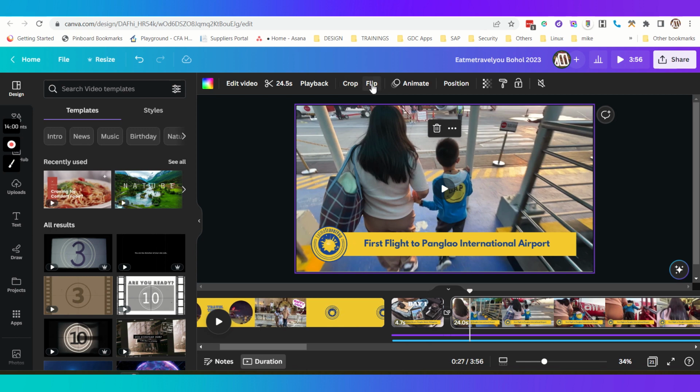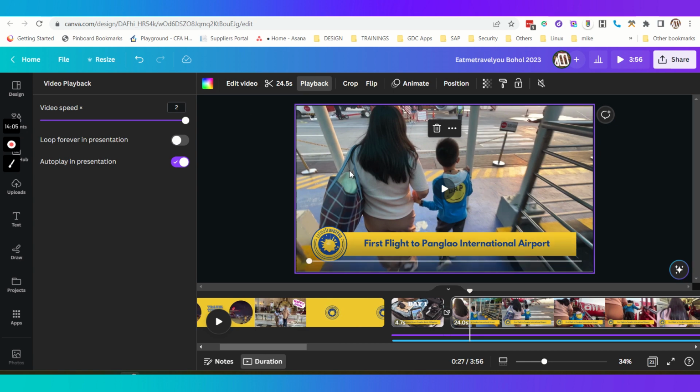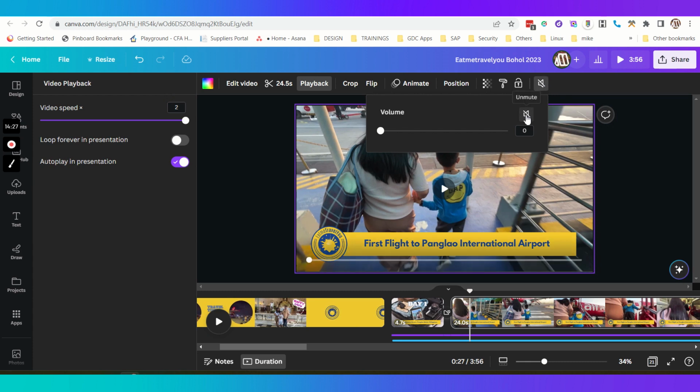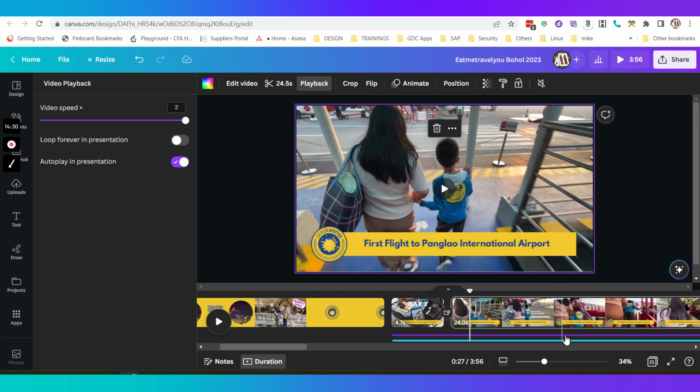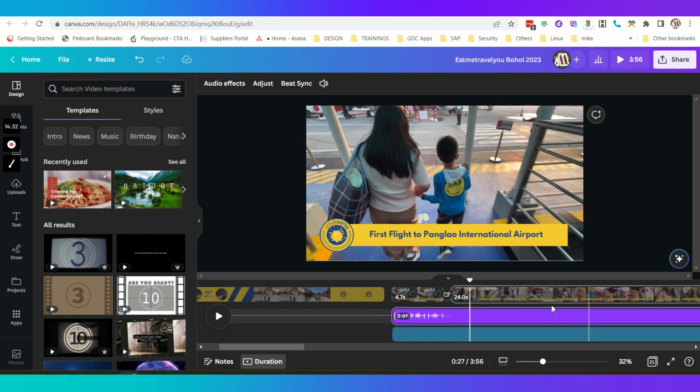So what I did with the videos is I actually sped them up, so you can speed up your video so it does not play at one times. The maximum you can do is twice the speed inside Canva. You can also mute your video so that the background music